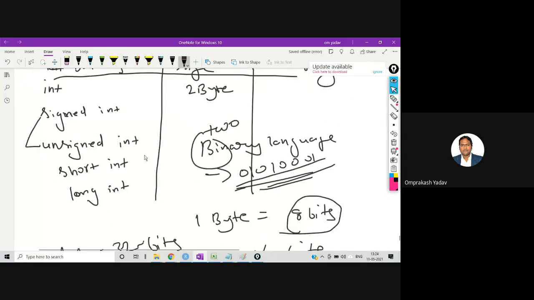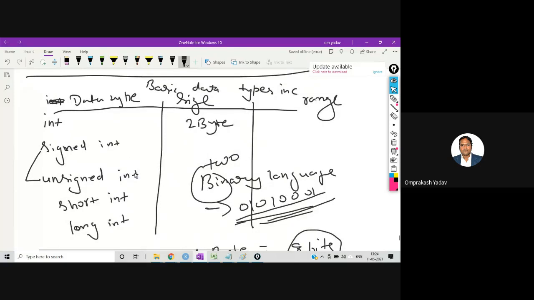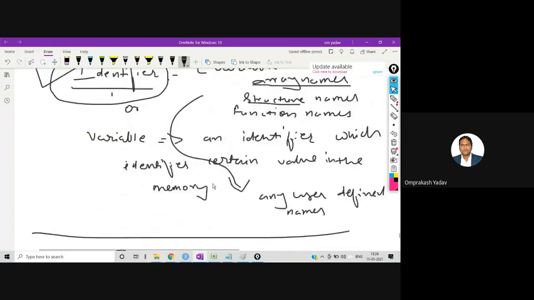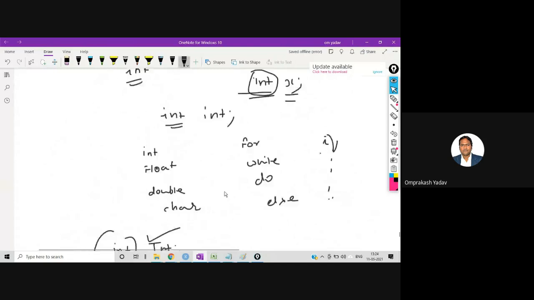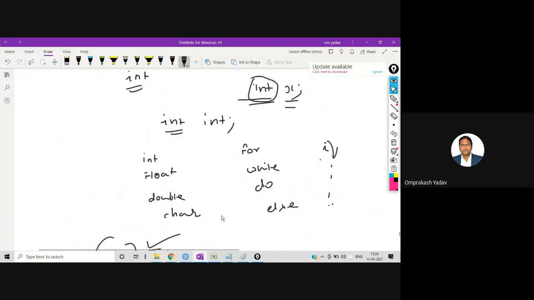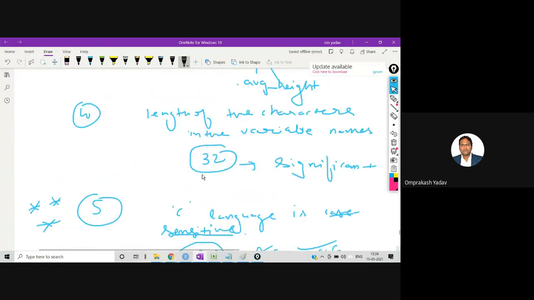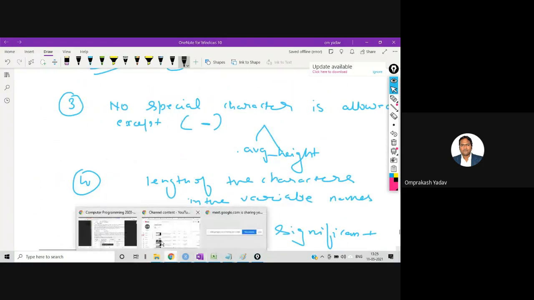Okay. So till here, just try to remember, and the entire data types will start from the next lecture, because again I'll have to revise the same thing. We'll start from the integer data type, and then we'll try to finish that particular part. Whatever we have learned today, if you have any doubt, you can ask me.